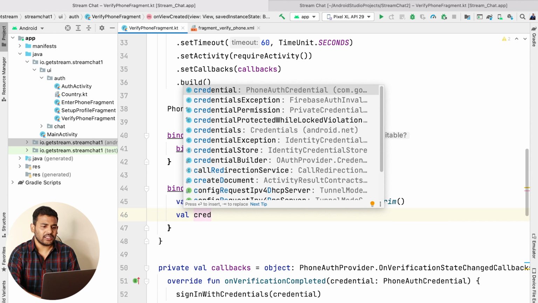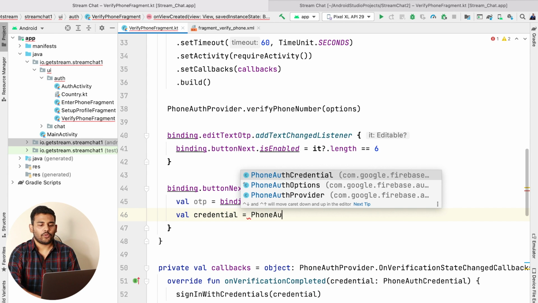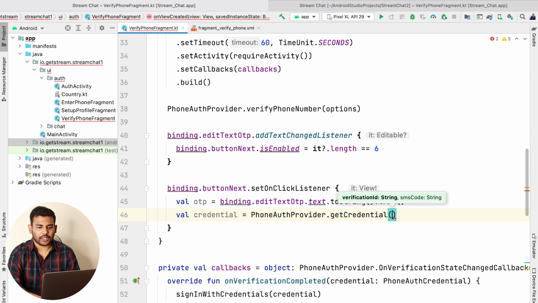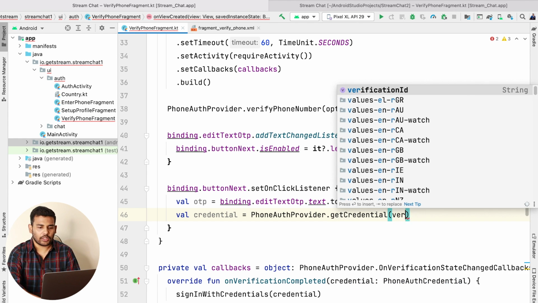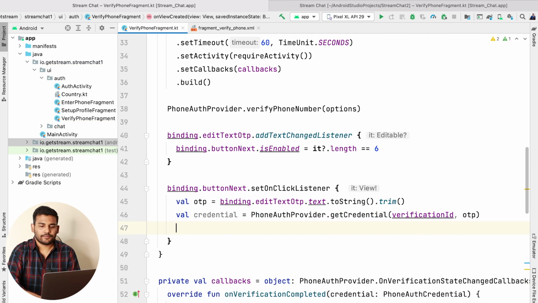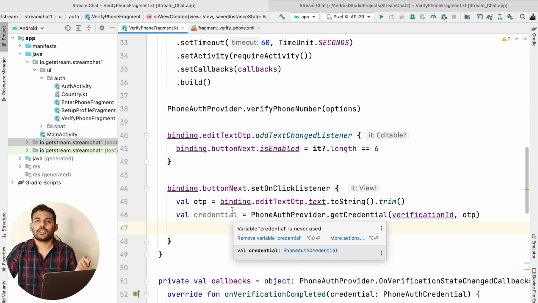So I will write credential equals PhoneAuthProvider.getCredential, and for the first parameter I will pass the verification ID that we already stored, and for the next parameter we need to pass the OTP. Now we have the credential and it will work if the user has entered the correct OTP.